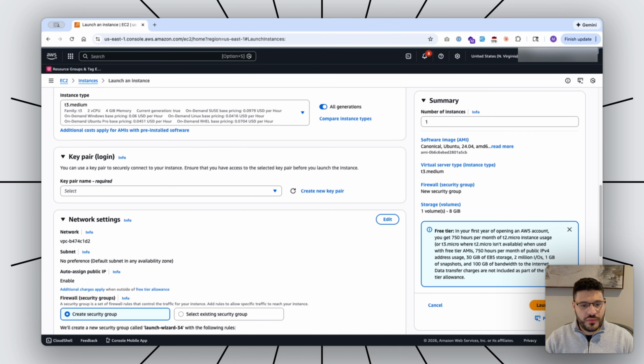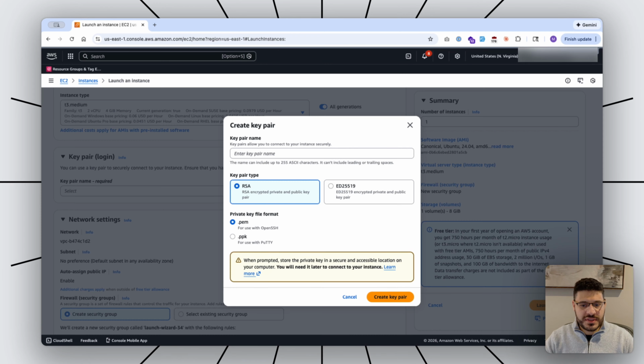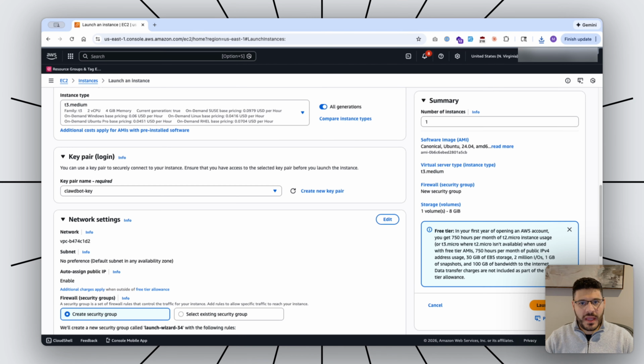This is where you create a key pair that allows you to securely log into your instance. So you're going to come on the right here and just hit create new, and you could call this ClawdBot key, or whatever you'd like to call it. This is up to your discretion, and that will download for you a .pem file that you can use to